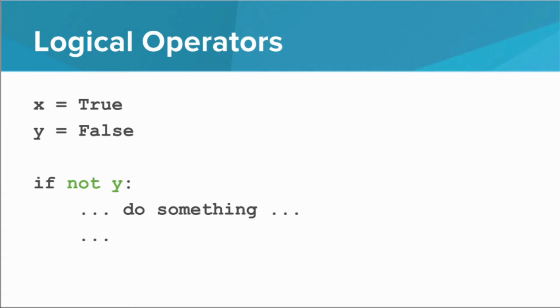Let's take a closer look at not first. In this case, not y evaluates to true because y is not true, so this branch will execute. X and y evaluates to false because it is not the case that both x and y are true. This branch will not execute. X or y evaluates to true because at least one of x or y is true, so this branch will